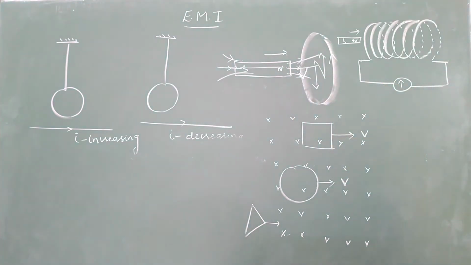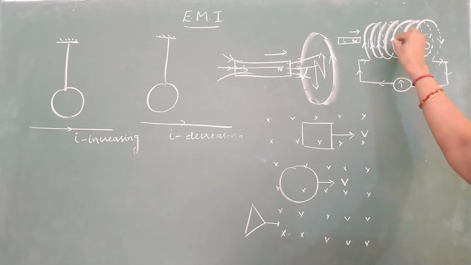Come to the second example. Exactly similar to this. If you move a north pole closer to a solenoid, the face of the solenoid will get north pole induced on it. If this is not, this side will be south. Give arrows according to S. This is coming down and going up. Coming down. Continue the direction.